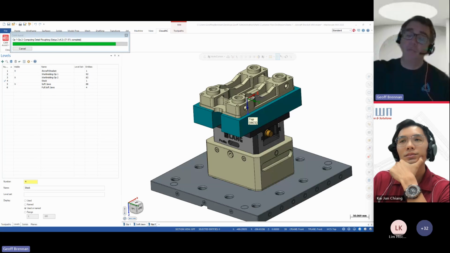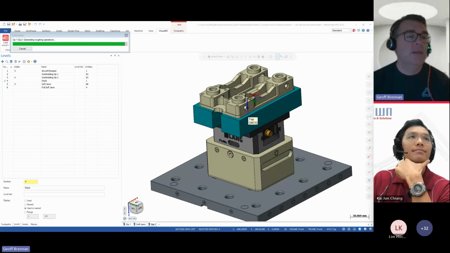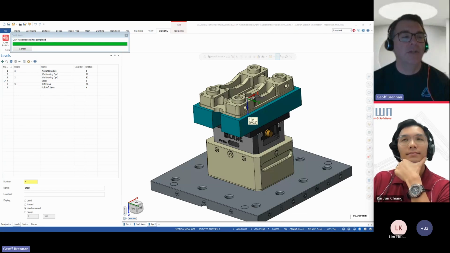That is way far out on our own roadmap, but we do hear a lot about turning. So that is potentially going to be in Cam Assist by this time next year.